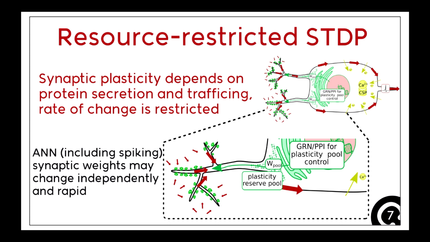And this delivery takes some energy, it takes some time, and at the same time, the cell has to maintain homeostasis and essentially not die from overexcitation, for example. So that's a very hard boundary on activity and on plasticity: proteins have to be delivered to grow synapses. And we have found that it might be beneficial